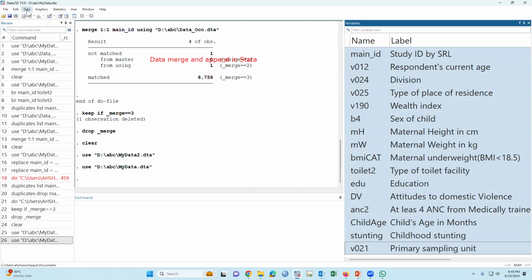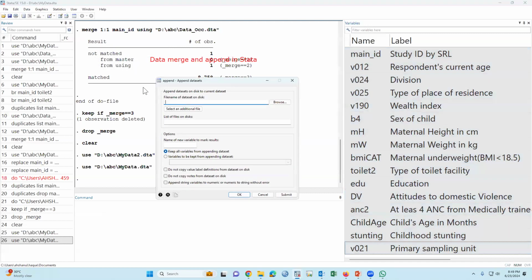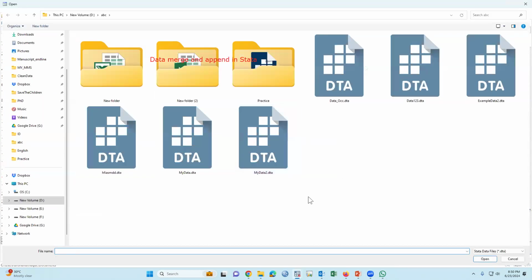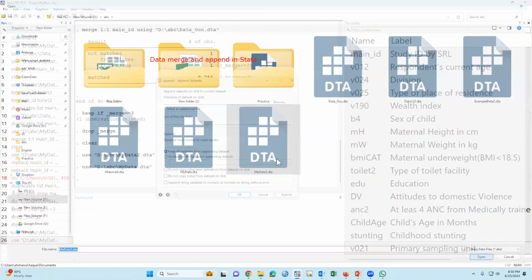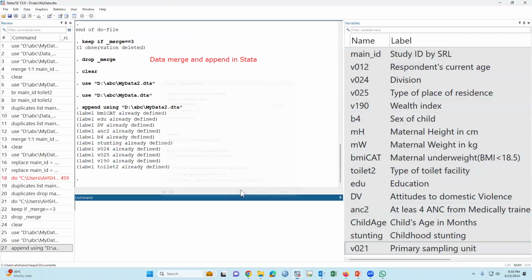So first go to Combine datasets, then click Append. Okay, then browse. We would like to append my data 2. Then okay.